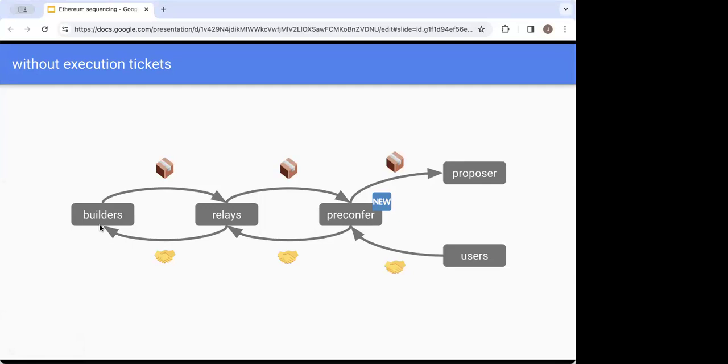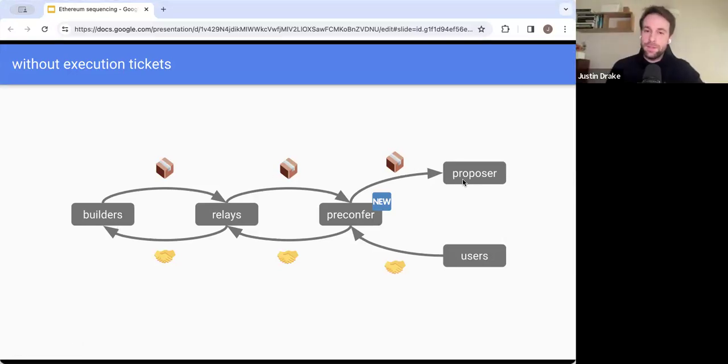Yeah, so okay, I think that is a whole rabbit hole in and of itself, but I am skeptical of this sort of passing of pre-confirmations from the pre-confer to relays, given that there's a lot of timing issues and a lot of trust that goes into that. It seems like there's a lot of trusted relationships going on here.